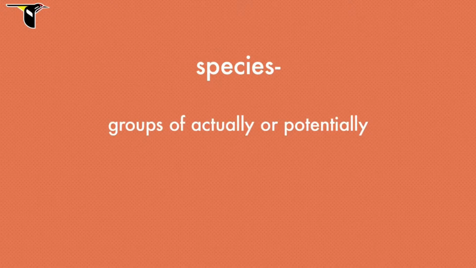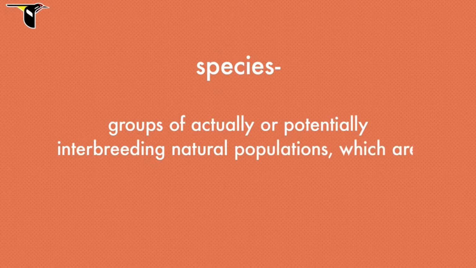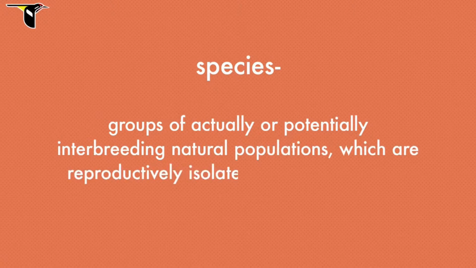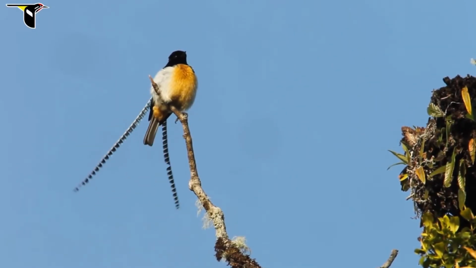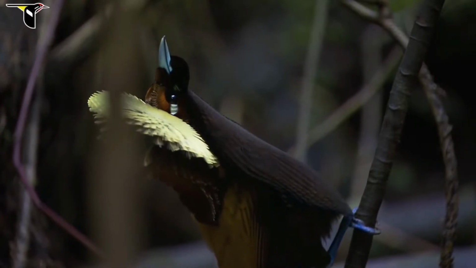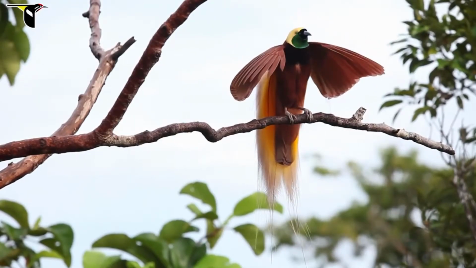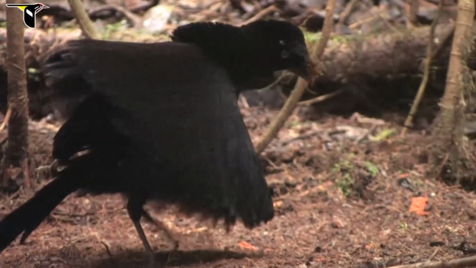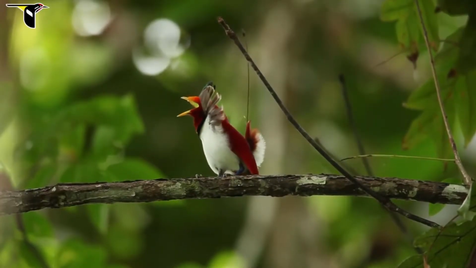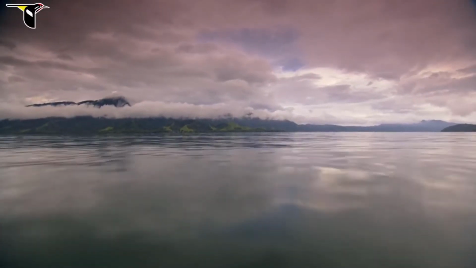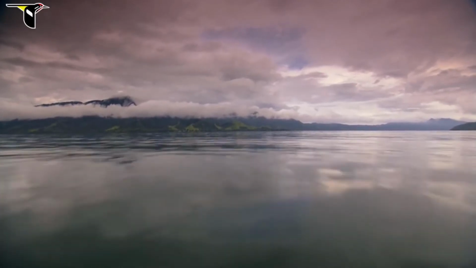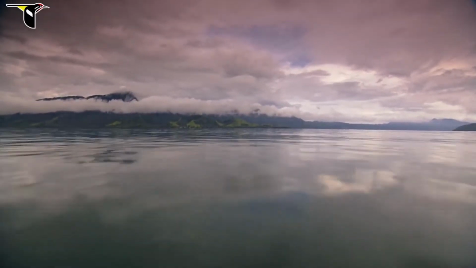According to the classic definition, species are groups of actually or potentially interbreeding natural populations, which are reproductively isolated from other groups. Speciation begins when groups become separated in space or become different enough in form and behaviour that individuals from one group no longer regularly mate with the individuals outside the group. One way for a new species to evolve starts when a few individuals colonise a new area that is outside their native range. Take for example a volcano.